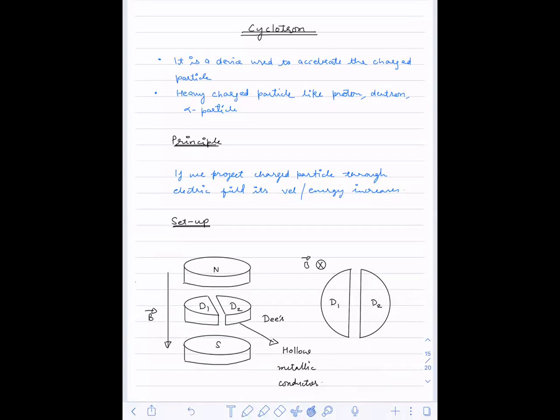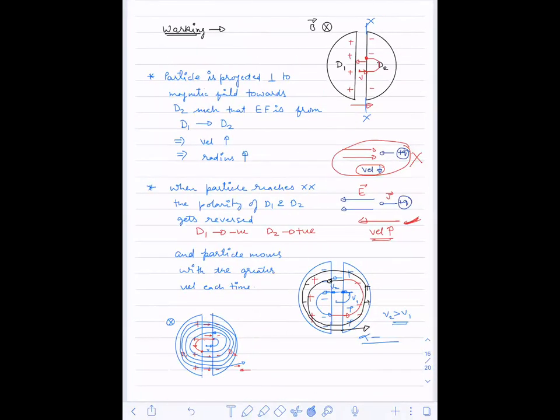This is the first slide. Second slide. Theory of relativity, it's not there in your syllabus. You just understand that the mass changes as the velocity changes. For quantum particles, when the velocity is comparable to the velocity of light, that time mass will change. That alone you have to understand here. The complete theory of relativity is not in your syllabus.